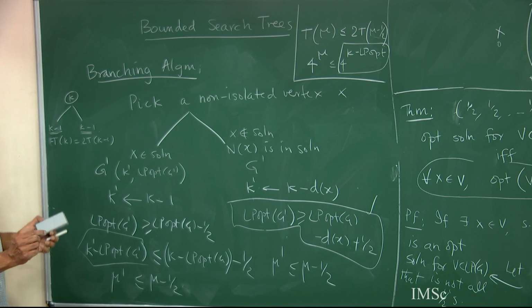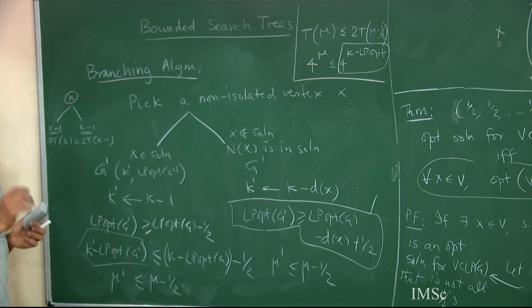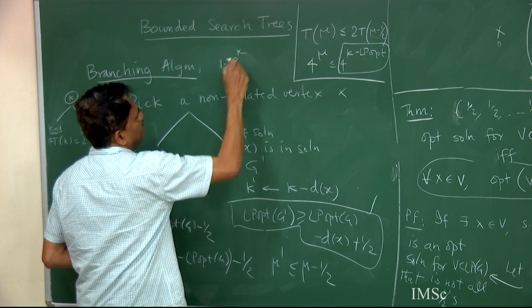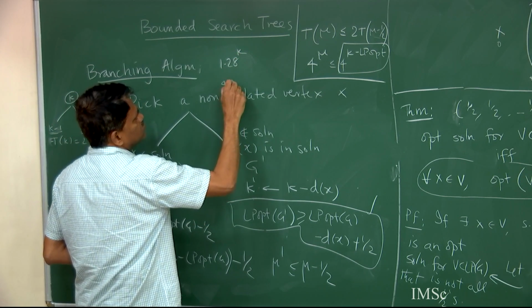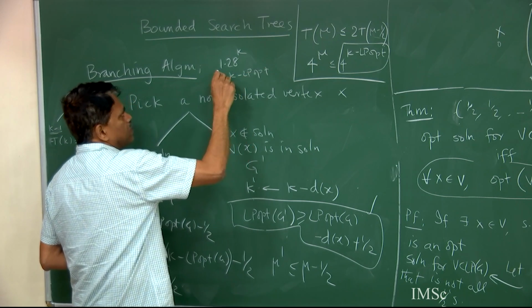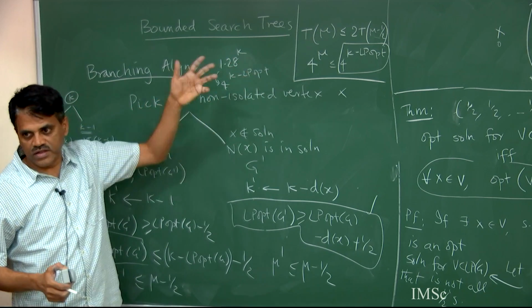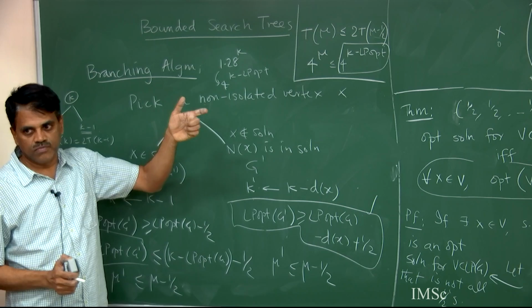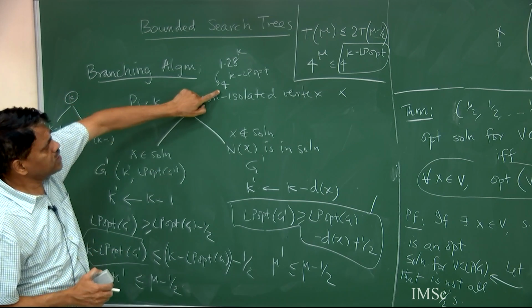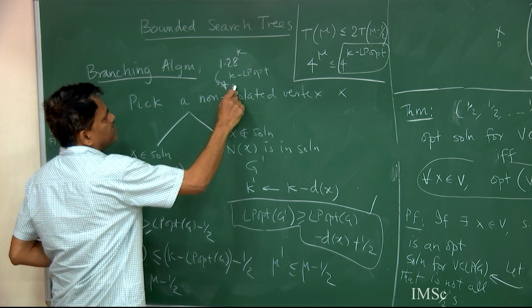So the base has become larger now. So the contrast is we had 1.28 power k, and here now I am saying it's 4 power k minus LP opt, right. The base has become larger, but it's compensated by the fact that in the exponent you have possibly a much smaller value. And I also said even the base has been improved later, it's currently 2.3 or something,